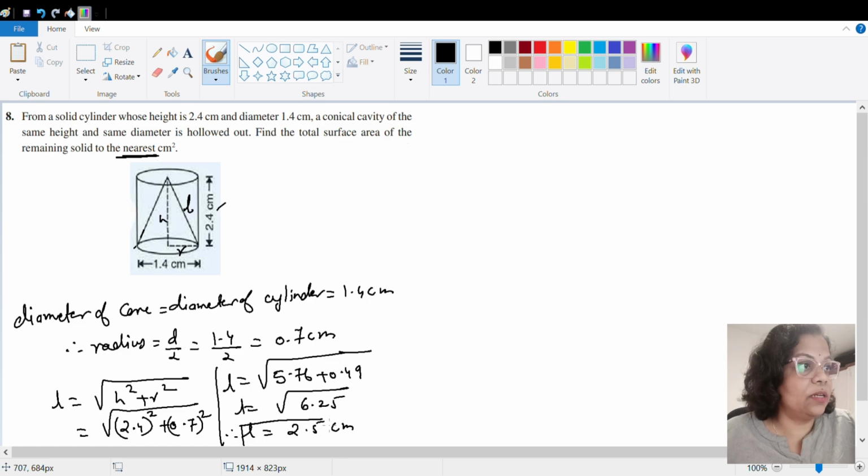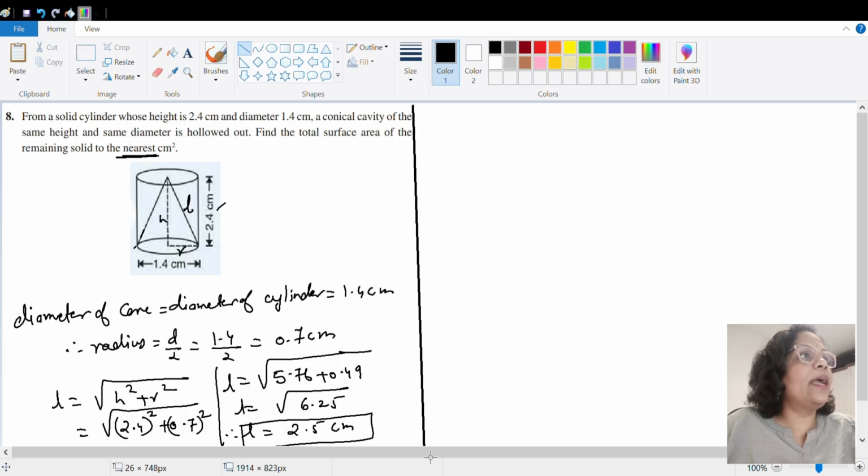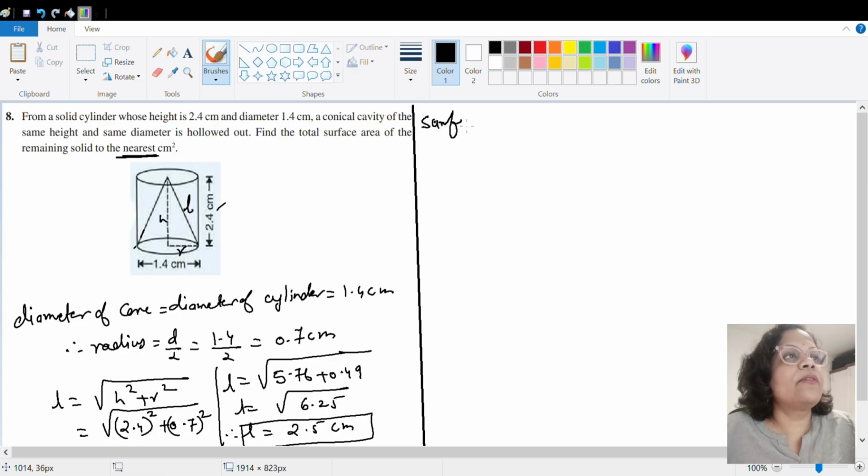that we will use here directly in the formula. I hope you have understood how I got this. Now let us start to get the surface area of the remaining solid. So you will write surface area of remaining solid is equal to curved surface area of cone plus lateral surface